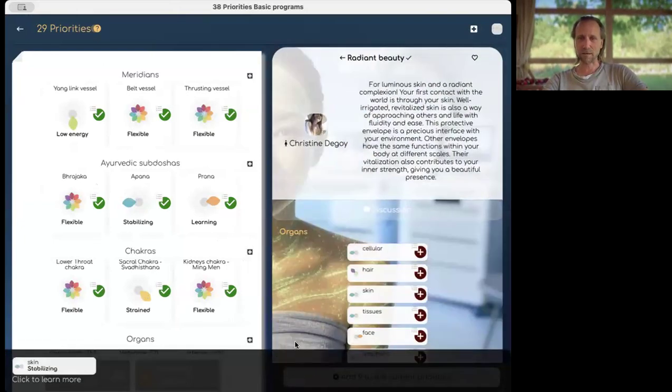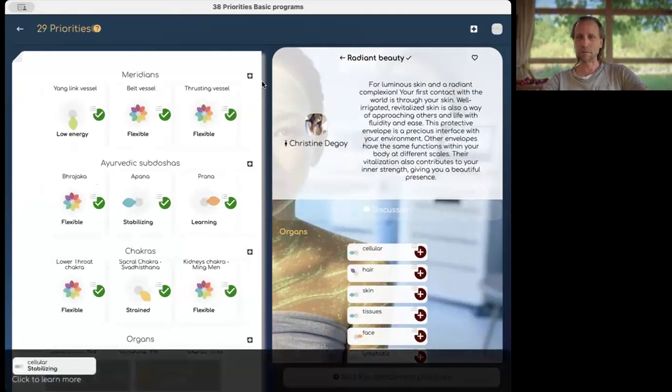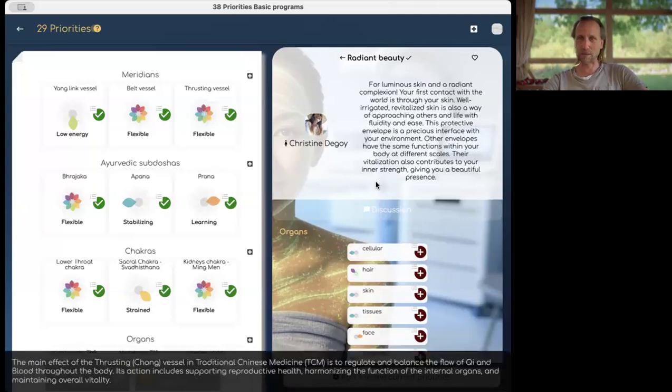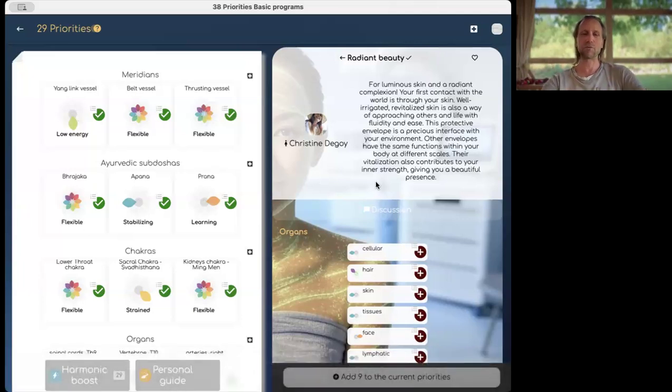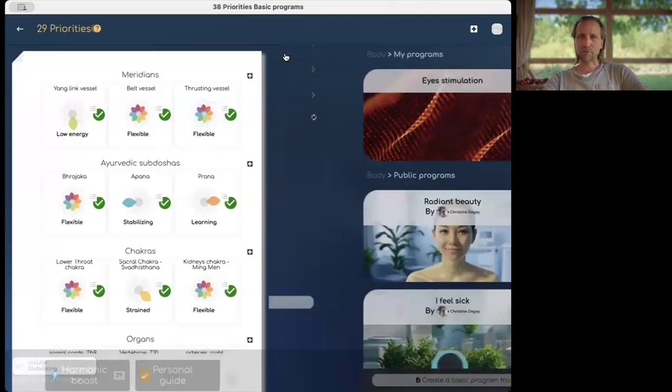And for instance, clicking on, okay, so this is actually annoying. Clicking on add to the current priorities, it will add the entirety of this program to the priorities of your clients so that you mix everything into one big program. But if you have,